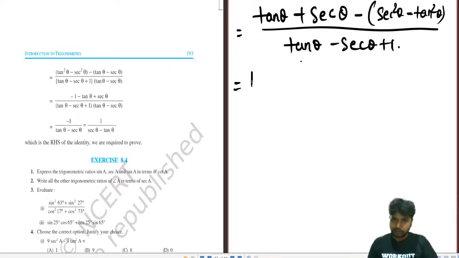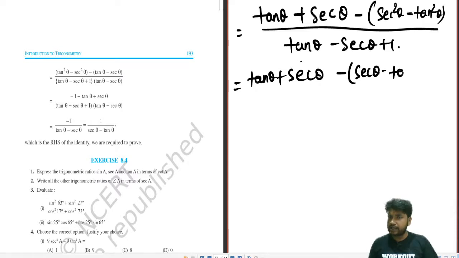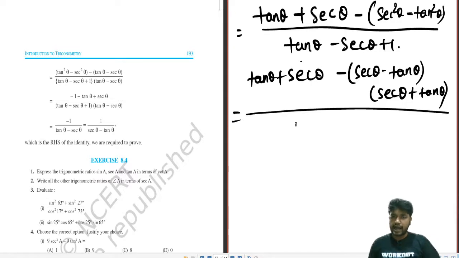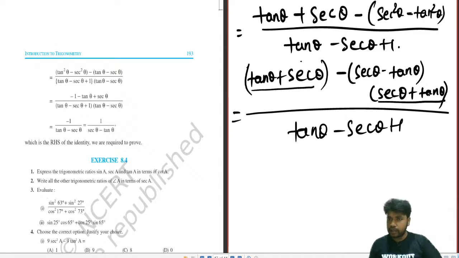Now, let's use our brains of class 7 and 8. This will be written as sec theta minus tan theta into sec theta plus tan theta, a square minus b square. Now we can break this, because I have written it in a very wrong place. This will be in the middle, and the denominator part will stay as it is again. If you look into the sum very carefully, the numerator part has a common term. These two are the same, so we will take a common over here.